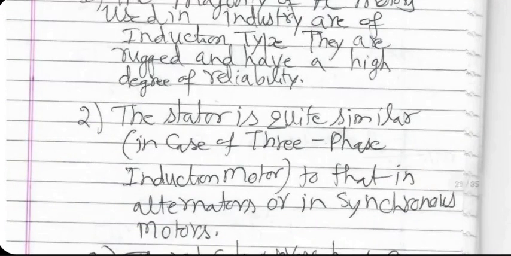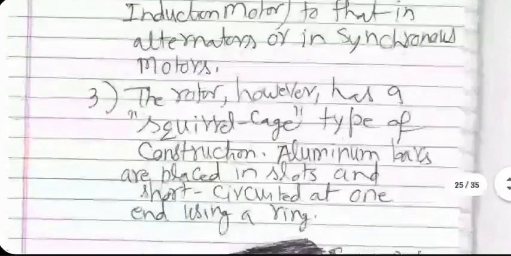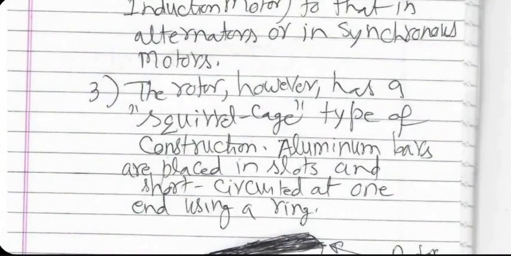The stator of induction motor is very similar to the stator of a synchronous motor. Okay, three-phase windings will be there, and they will be fed from a three-phase supply. The rotor, however, is quite different. Rotor has a squirrel cage type of construction. I'll explain that in a minute. Squirrel cage is a nickname actually given by somebody who had a sense of humor.